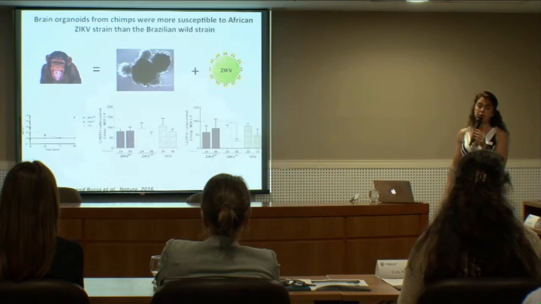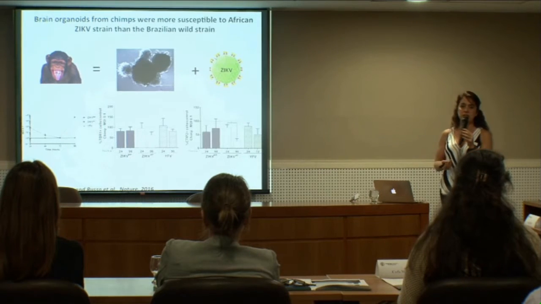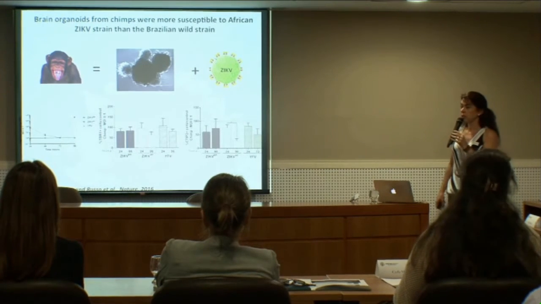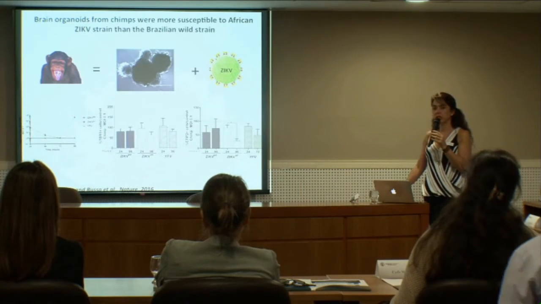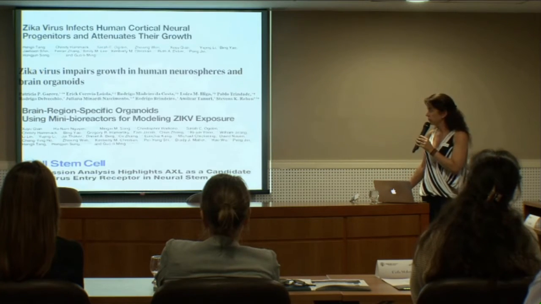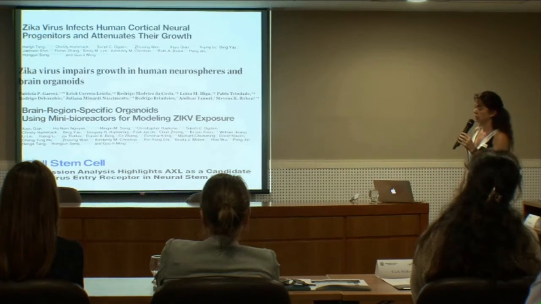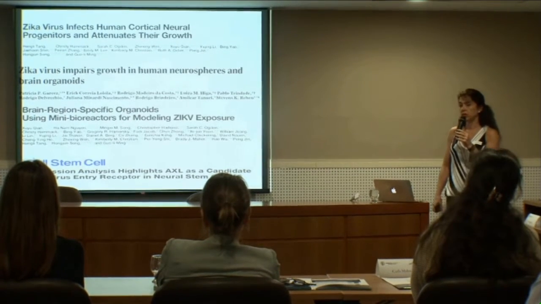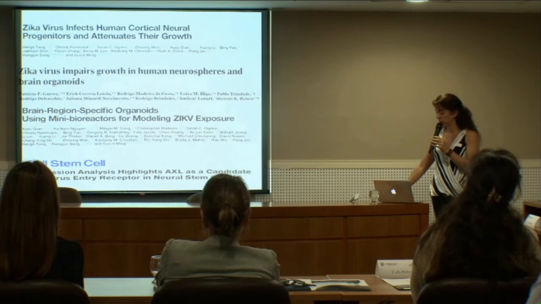So this means that the strain that is circulating in Brazil, since 1947, which is the first Zika virus strain isolated, is a kind of humanized. So that's why we have this kind of phenotypic effect now, and we didn't have it in the beginning. More than one manuscript corroborated our results, also the Stevens group.